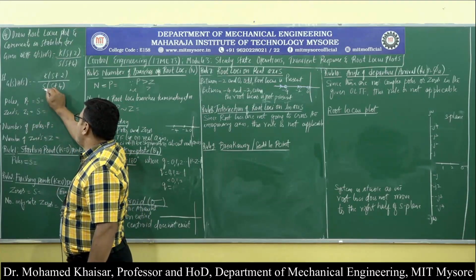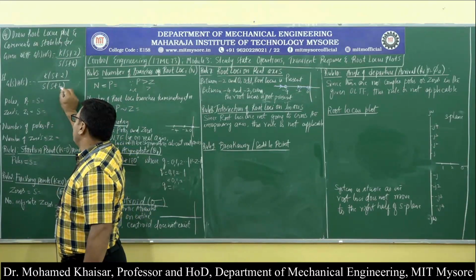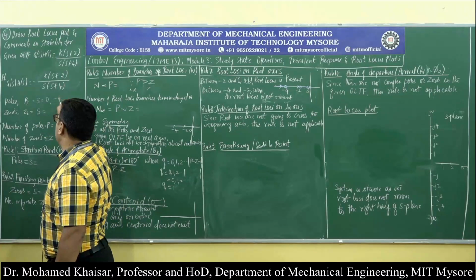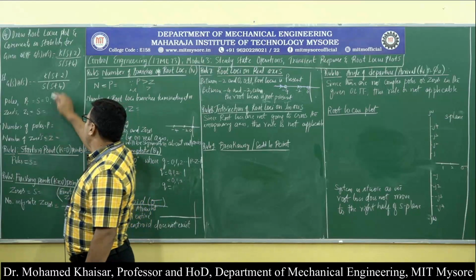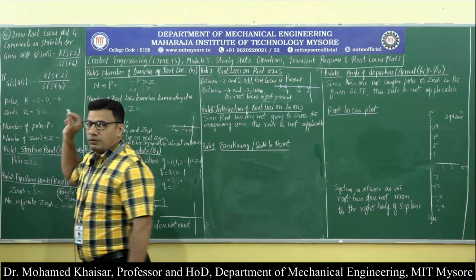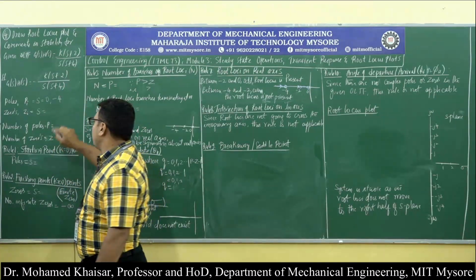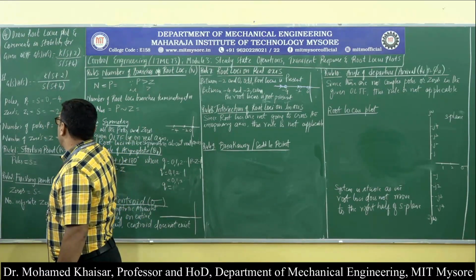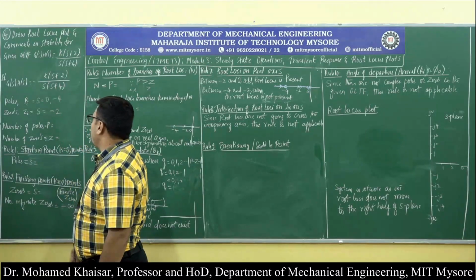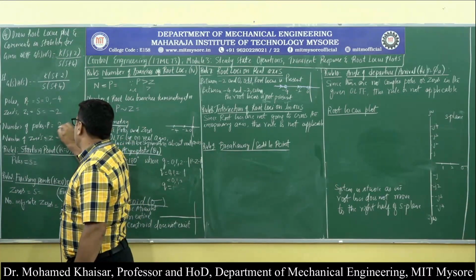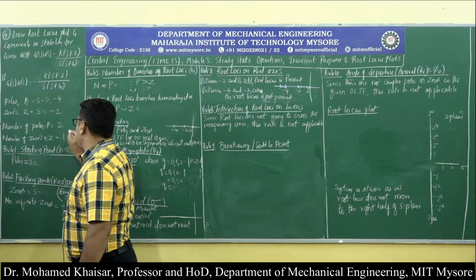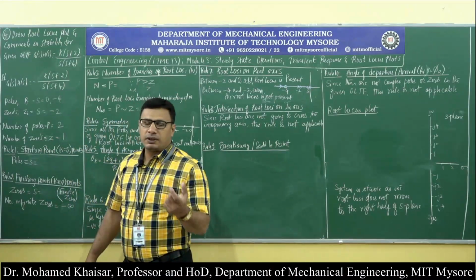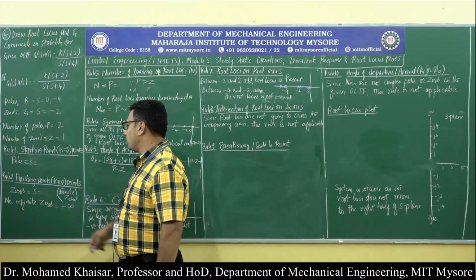What are the poles we have? Equate the denominator factors, s into s plus 4, to 0, and we will get s is equal to 0 and s is equal to minus 4. Those two will be the poles. And you equate s plus 2 equal to 0, that will be the numerator term, and that will be the 0 of the given open loop transfer function, that is minus 2. Then how many poles are there? 2 poles are there. How many zeros? Only 1 zero. And then we will straight away get into evolving the analysis for drawing the root locus plot.